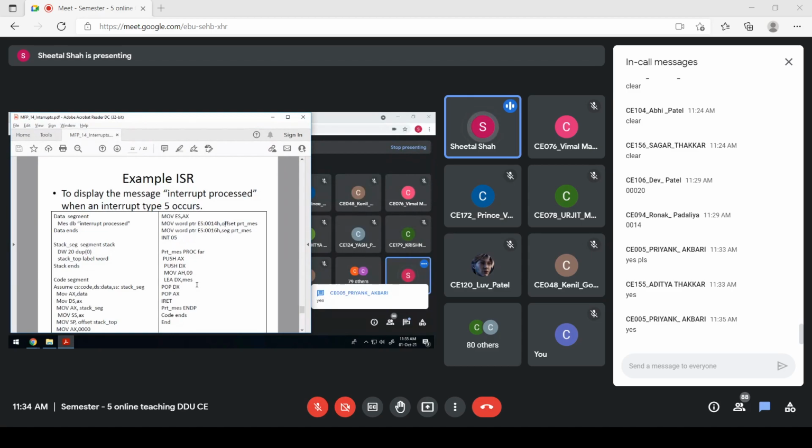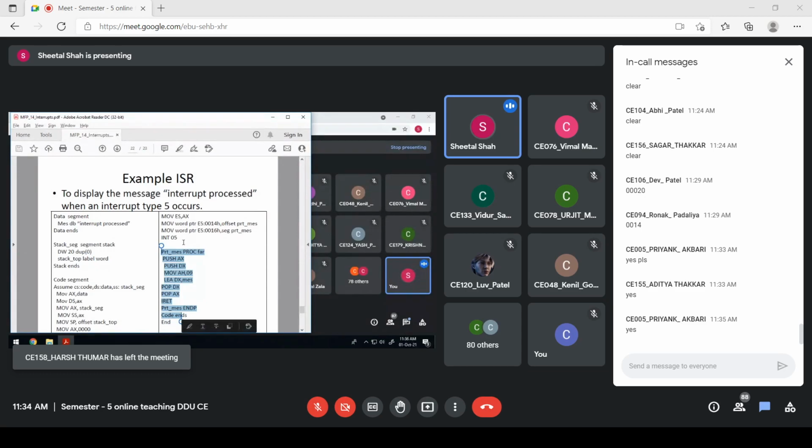Okay. So when we have stored by using these two steps, we have stored both the segment address as well as the offset value of this procedure. Fine. And then by using this INT05, what the processor would do, the current CS and IP value would be pushed onto the stack. The flag register, CS, IP, all of them would be pushed onto the stack.